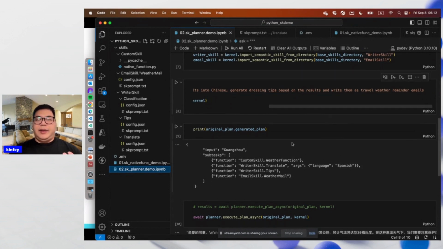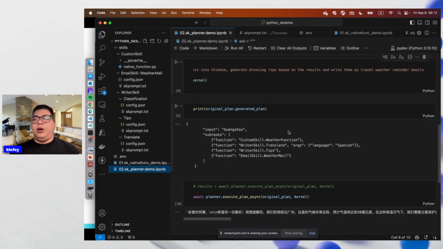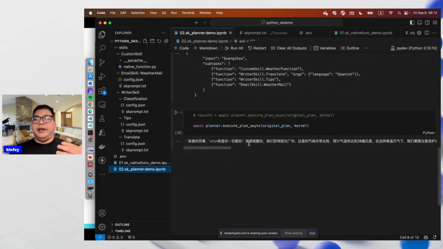The Semantic Kernel planner will help you separate the different skills. Here it includes a weather function, translate, tips, and weather mail. It has four skills, and it runs step by step through the skills.